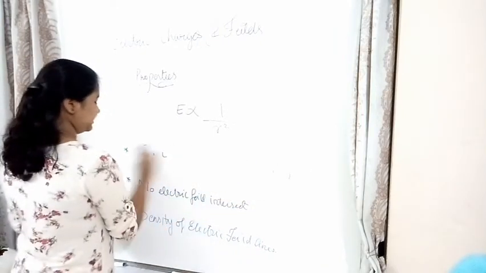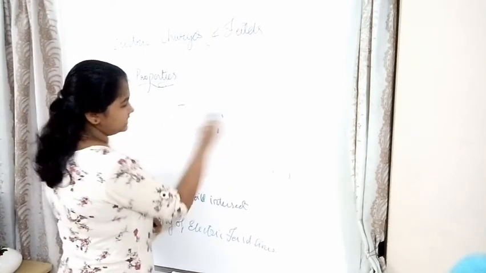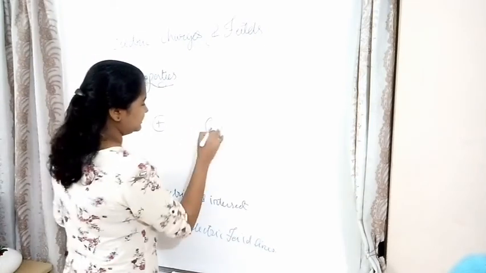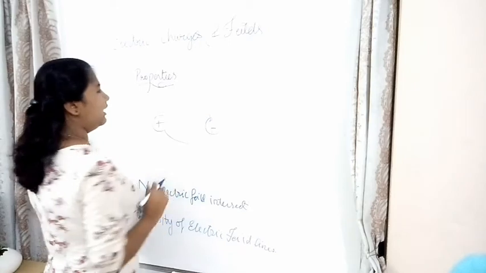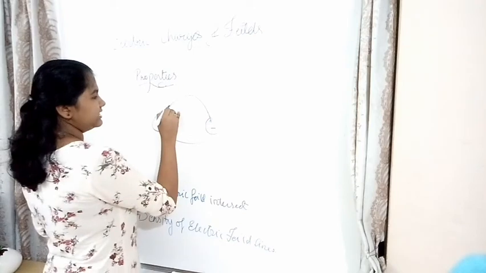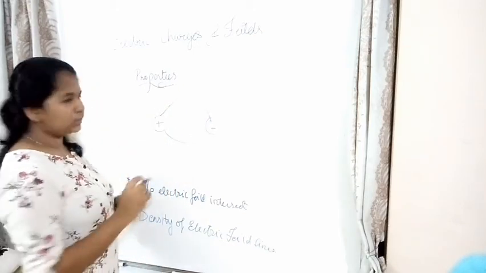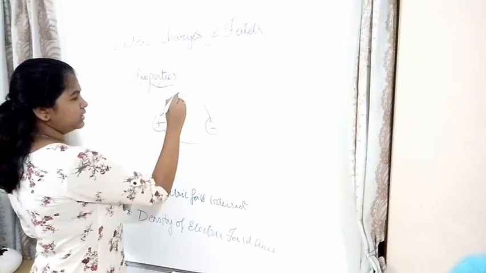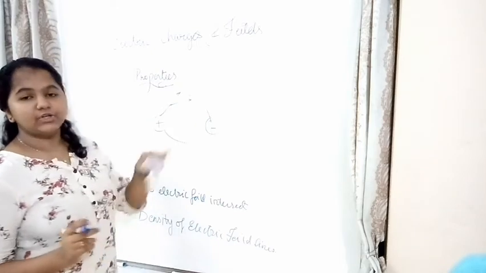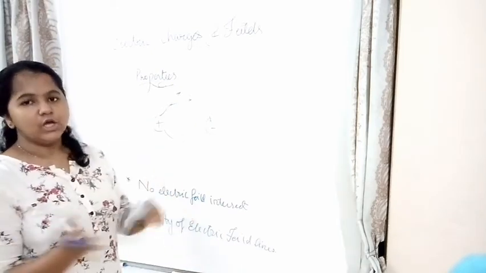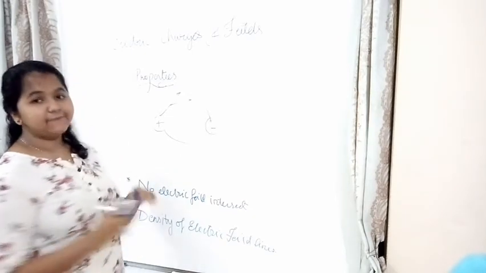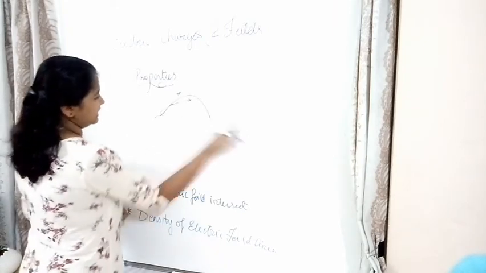So the next point is no electric field lines intersect each other. So let us see that also. So let's make the positive and this negative. So let's say if there is a line going like this, at this point there is an intersection. What would happen? Over here the tangent would be to this side. Over here the tangent should be to this side. So at this point electric field will have two directions. So that is not possible. Electric field lines is a continuous curve. It cannot have two directions. So that is our next point.